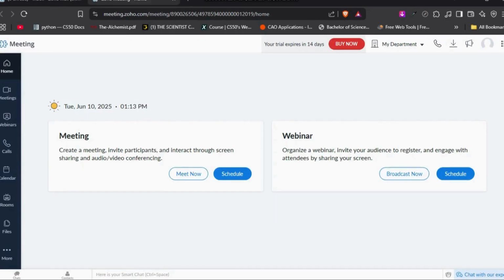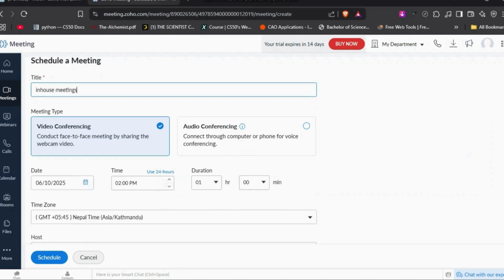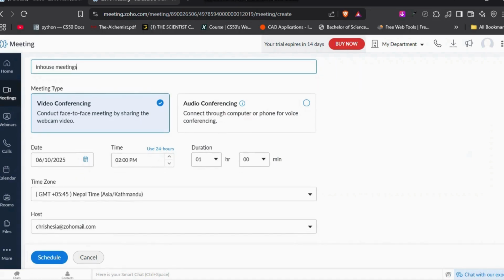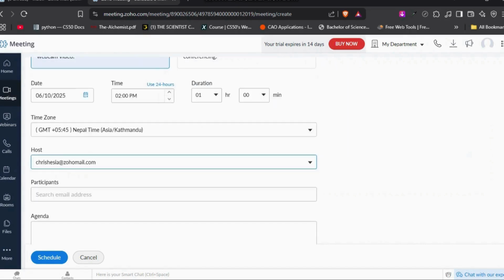You will still be logged in with your Zoho Mail account, so you can simply schedule a meeting from here. Here you can see in the meeting section schedule button. Click on this. You can give a title for your meeting. You can select the meeting type, whether it be video conferencing or the audio conferencing. You can select the date, the time, the duration of the meeting, select the time zone, select the host of